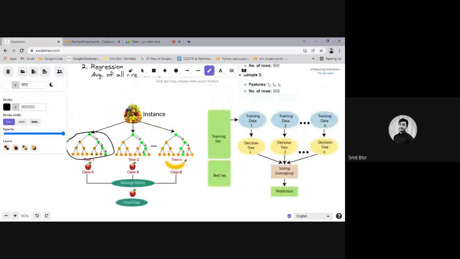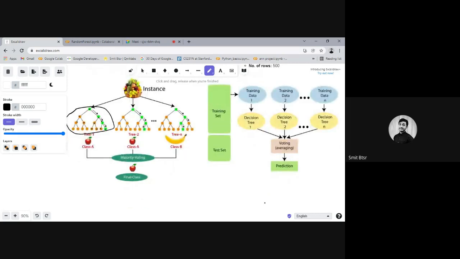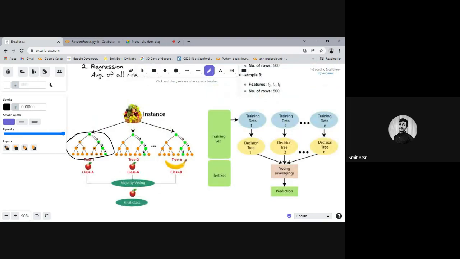And similarly, as I mentioned, this is one training data sample, one, two, three, up to n, and all those data samples are fed to only one decision tree, not all of them. This one data set is fed to only one. To diversify the models, if we shared this data sample with all of them, then the learning of all the decision trees would be the same, right? So we do that, and then we take the voting of the predictions and make the final prediction. So that's the basic concept of random forest, which is built on top of decision trees.